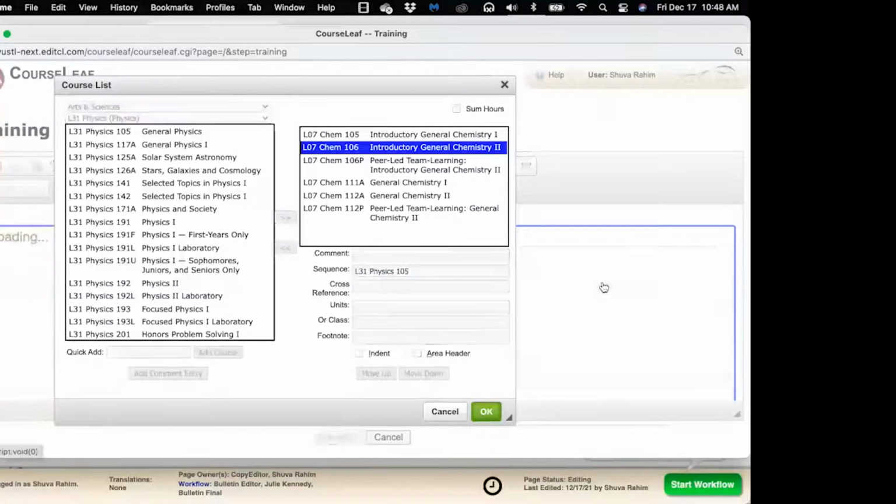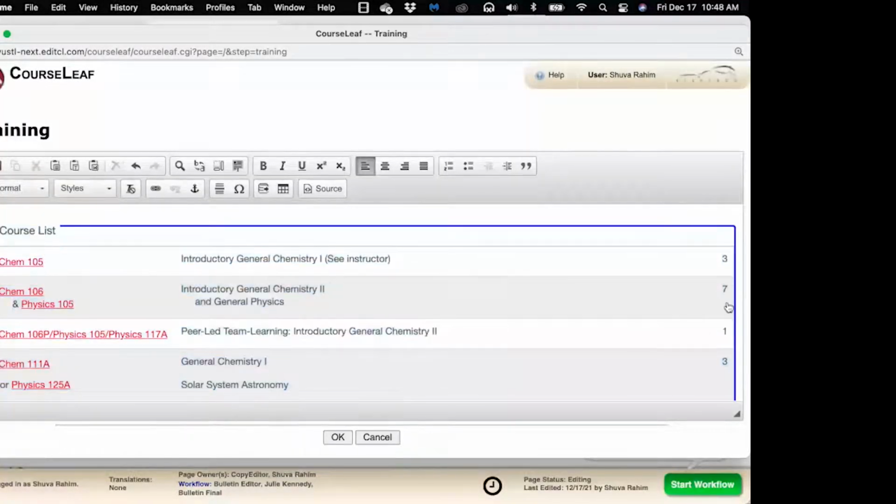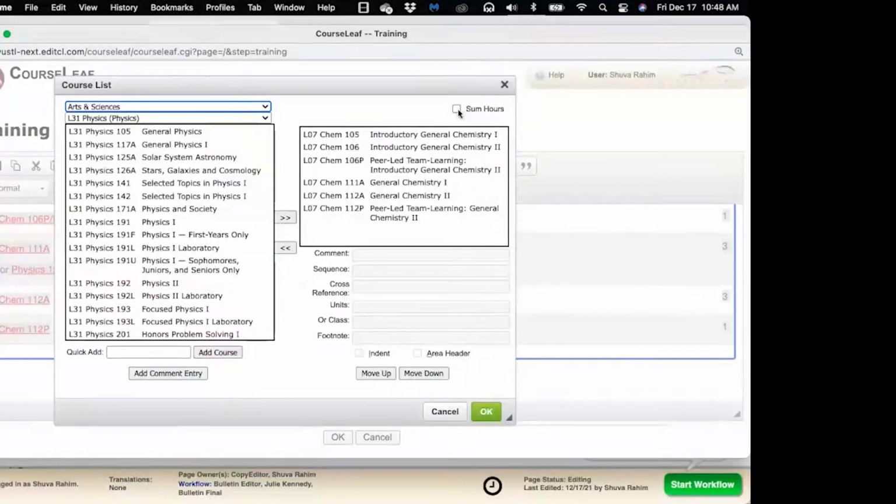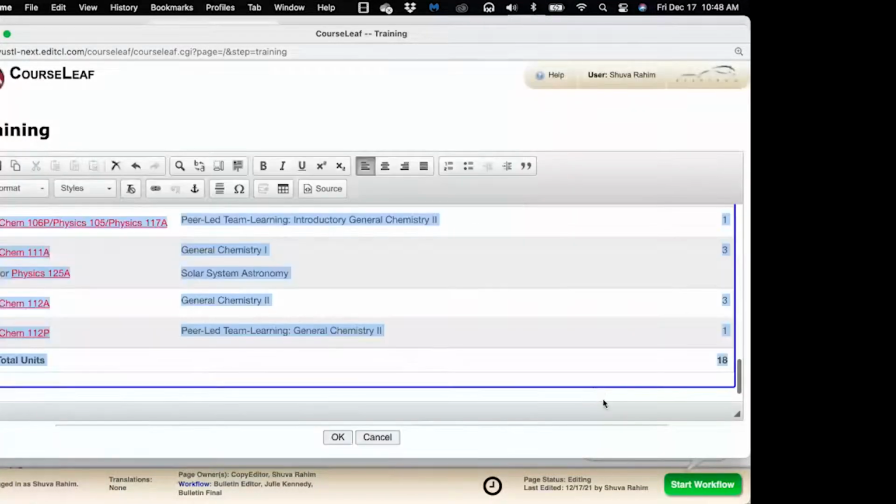Okay, so now we can see because of that addition, it changes that unit number. The other thing, if you do want to see the full units, some hours, there's this little checkbox here. If I click on that and click OK, we'll see the total right here. And then finally,